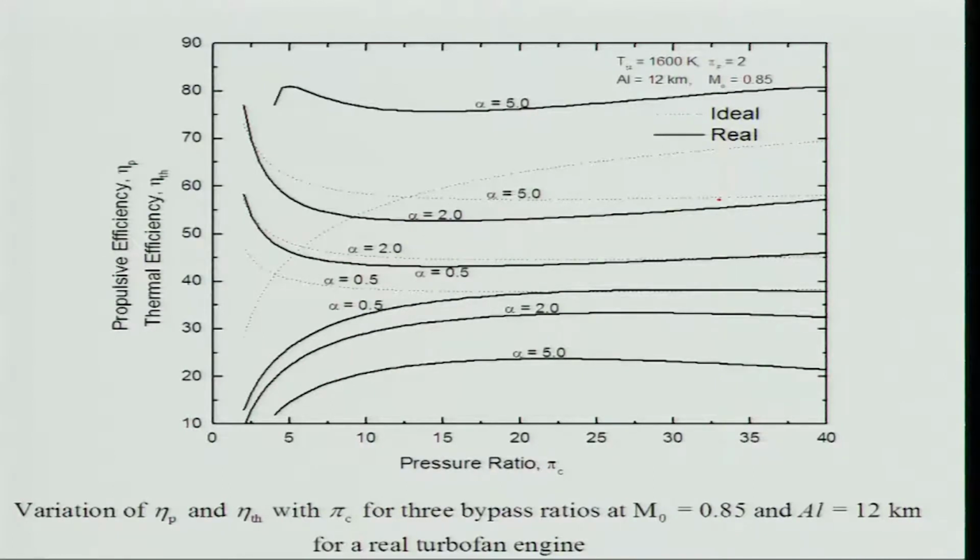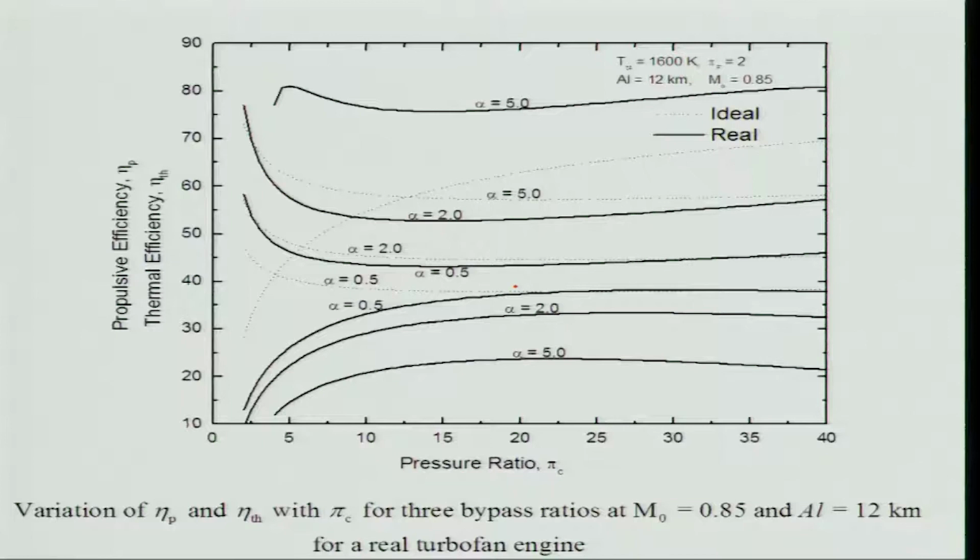And keep in mind that the propulsive efficiency in the case of the real cycle is much higher as compared to the ideal one. The ideal one is the dashed line, and as I told, the velocity will be reduced. So propulsive efficiency will be higher in the real cycle analysis, and as alpha goes on decreasing from 5, the propulsive efficiency decreases, a similar trend you are getting.